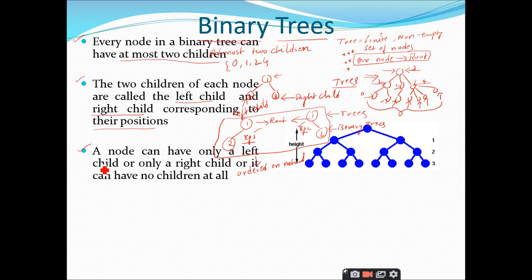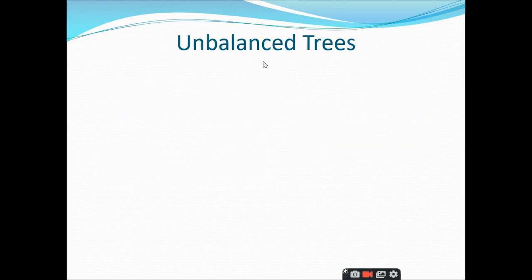So a node can have only a left child or only a right child, or it can have no children at all. Why? Because by the definition of the binary tree itself, we are imposing the restriction that every node should have at most 2 children. That means every node can have 0, 1 or 2 children. Now coming to some of the terminologies related to trees, these are not that important. But when we go through the basic concepts of these trees, you can understand the remaining concepts in an easier fashion. There is no need to remember these things, and there is no need to reproduce them in the examinations, because you never get questions on these few topics.